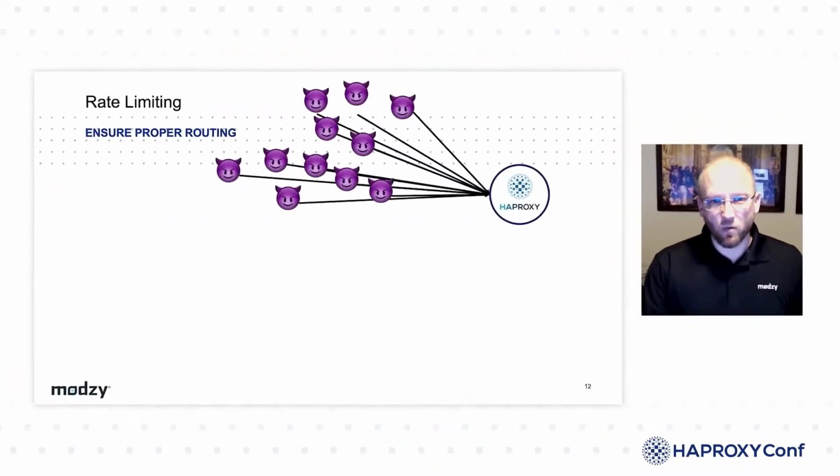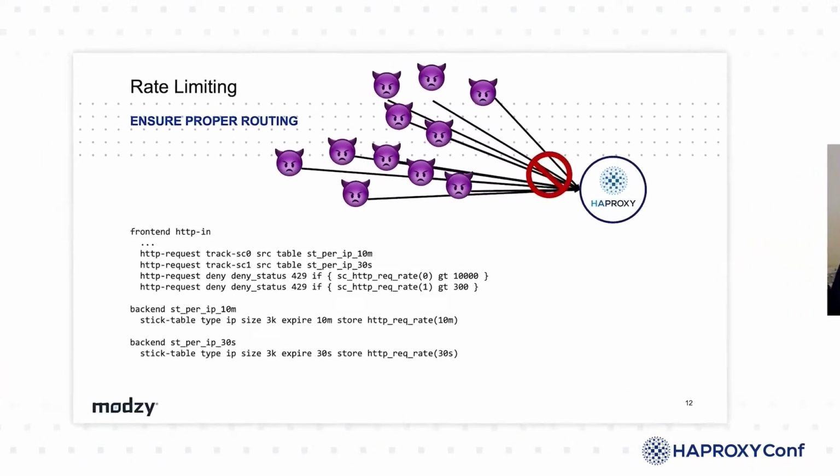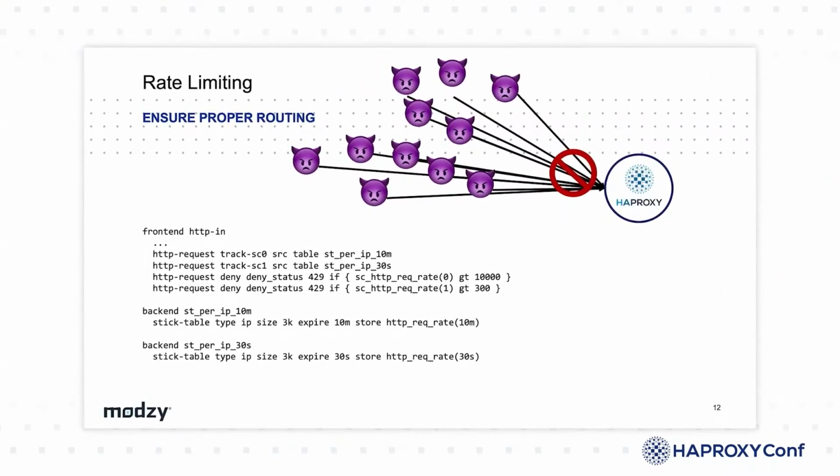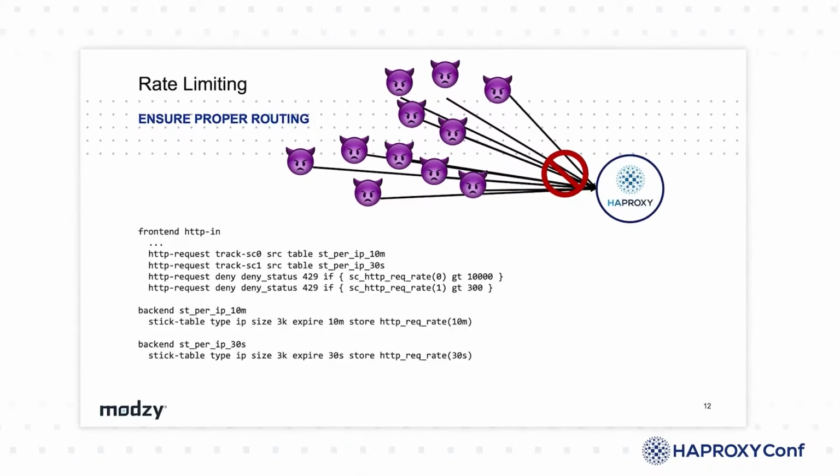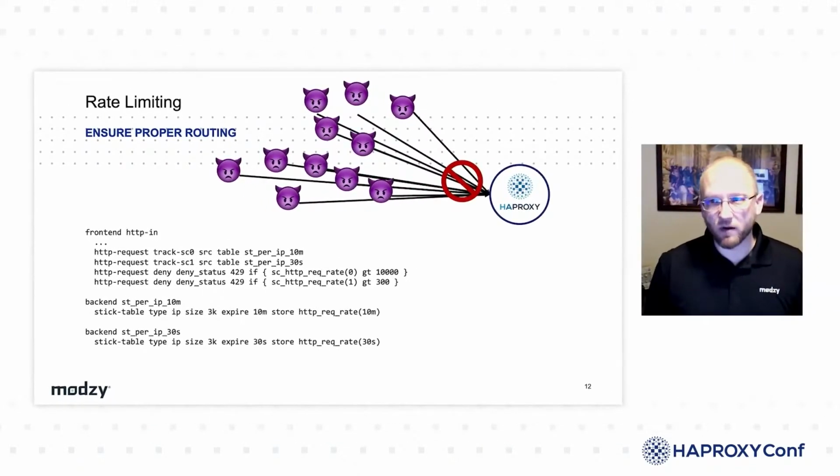So we can enable rate limiting by setting up one or more stick tables in this case to track certain information over time. And there's a way to aggregate this across multiple servers in a cluster with a separate bit of software that you can run that will do the aggregation. But this assumes that you're on a single server, and you can set up rate limits for multiple different conditions. So in this case, we've got 2, which will limit the number of requests that you can make within